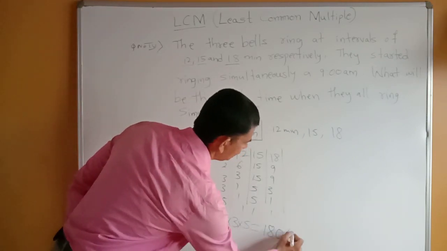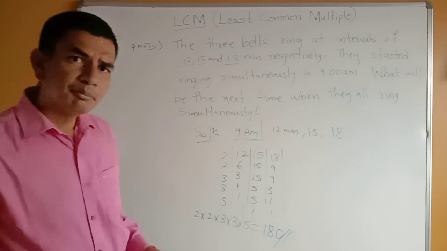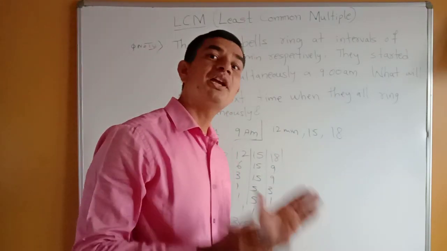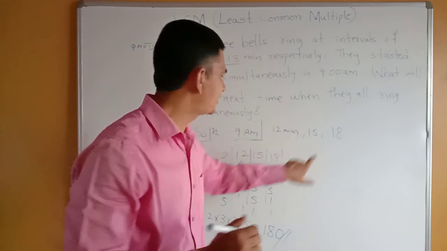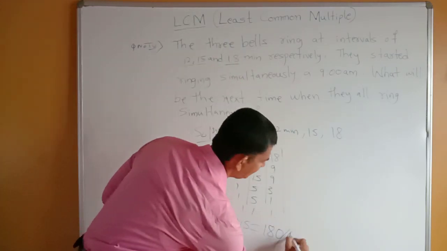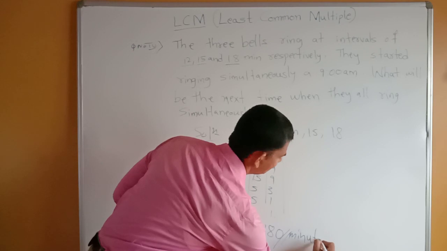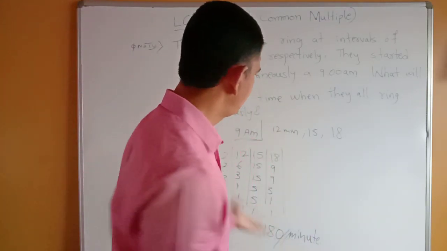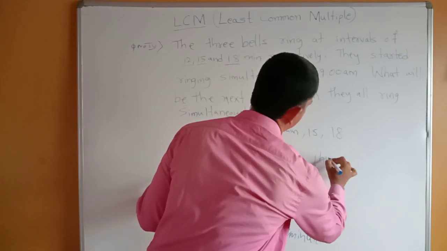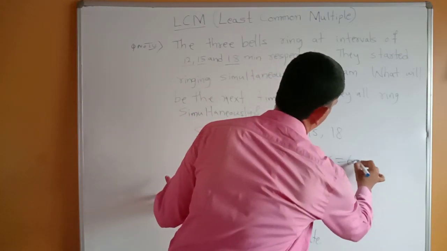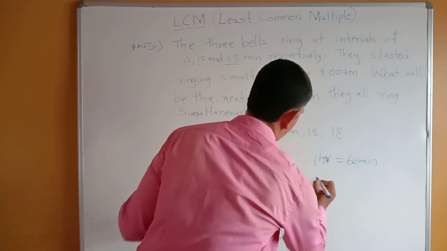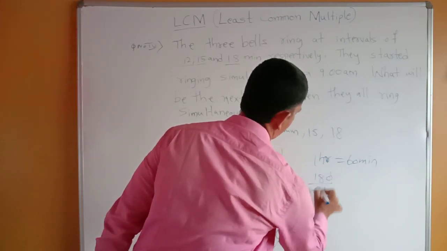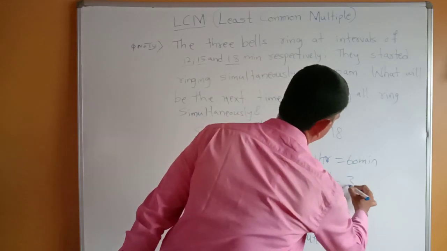180. So 180 we got, but in time, is it 180? This is in minutes we got, because these are all in minutes. That you have to observe. This is minutes. Now we have to convert. If you convert this, very simple. So in 1 hour, how many minutes? 60 minutes. So if you divide 180 by 60, 0 and 0 cancel, 6 ones are 6, 6 threes are 18, so 3 hours.